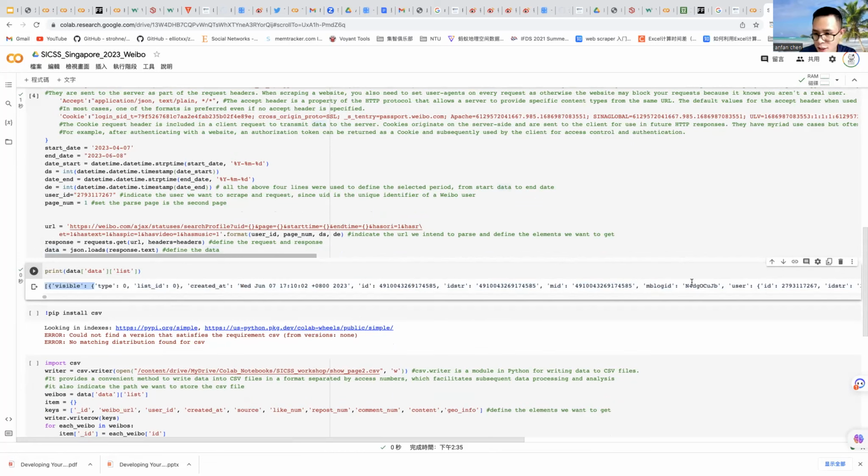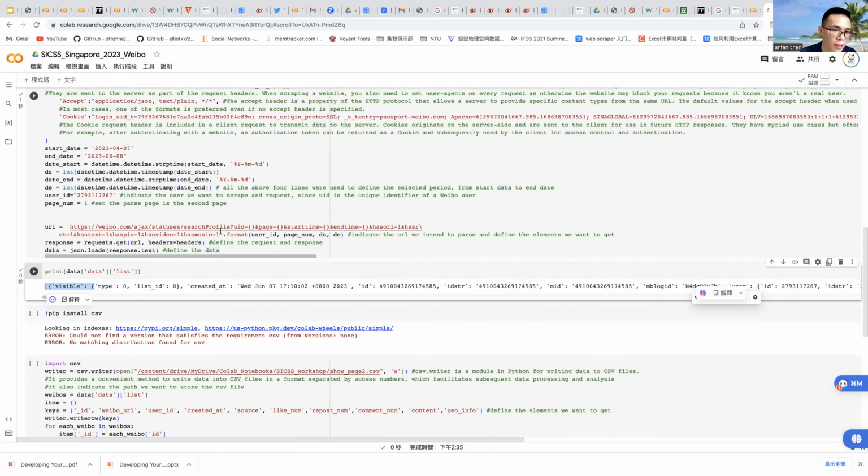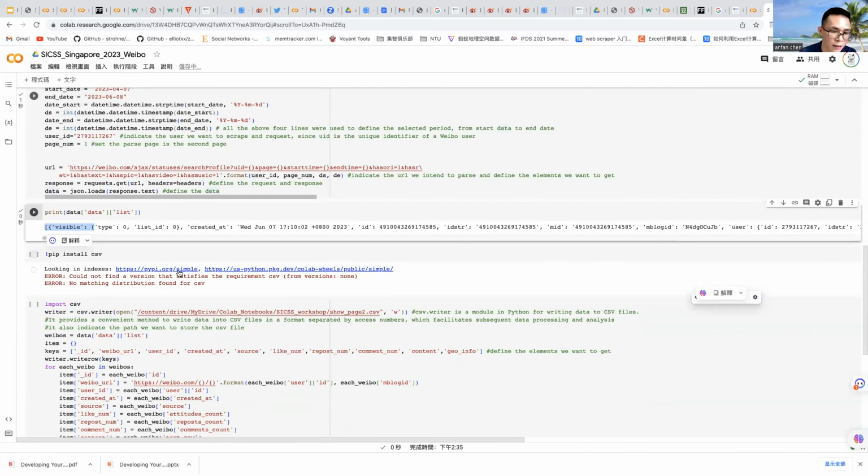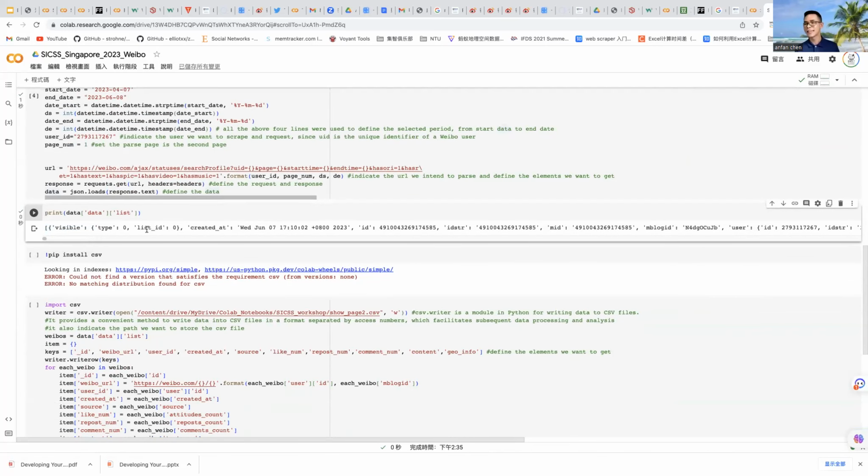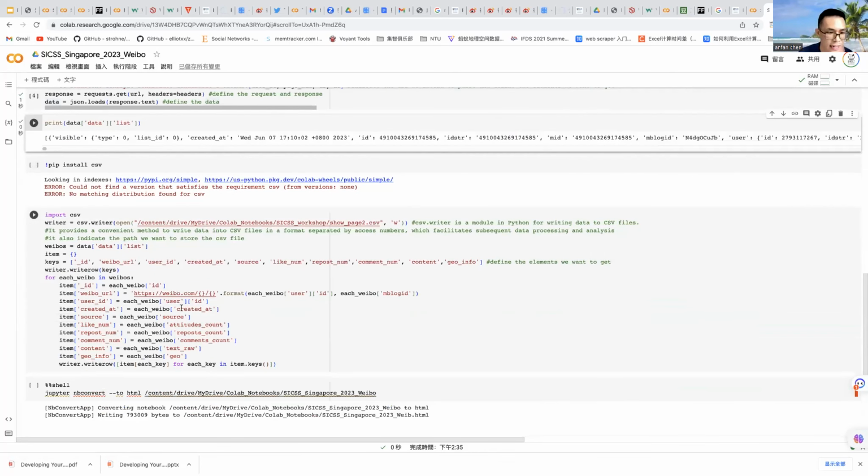Okay, it is the thing we got from this scraper, and it's really hard to understand, right? For most of you, it's really hard to understand. So we should store the data into a database, or in Excel, CSV, or JSON, anything.